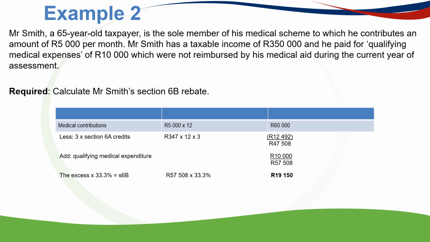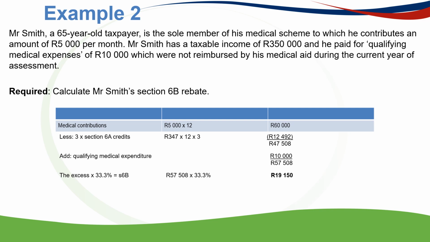And this example also applies should a person in, or one of the dependents of, the main member's family have a disability as defined, then the times 3 here will also apply. So then 347 Rand times 12 times 3 gives us 12,492 Rand, which is deducted, and we are left with